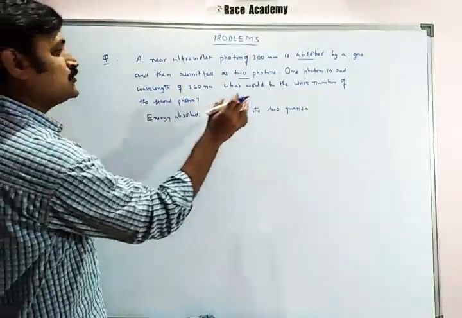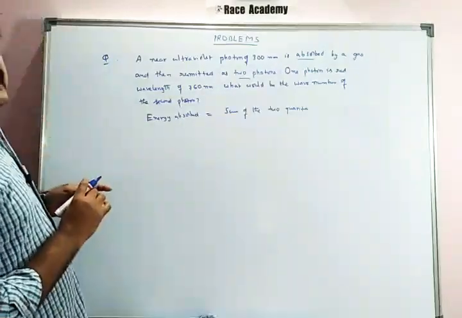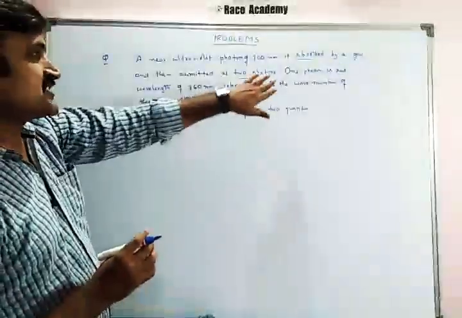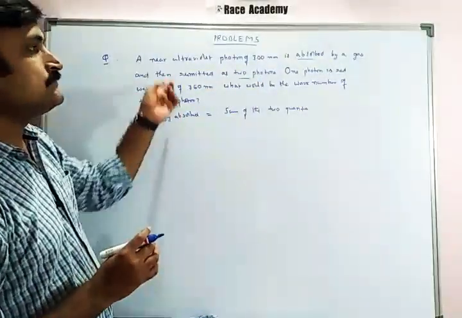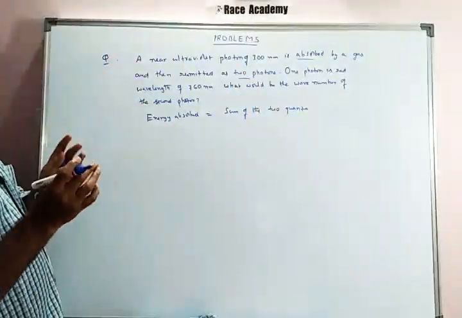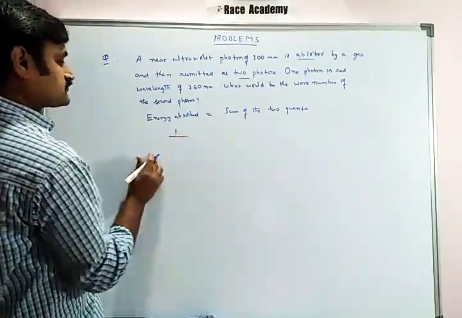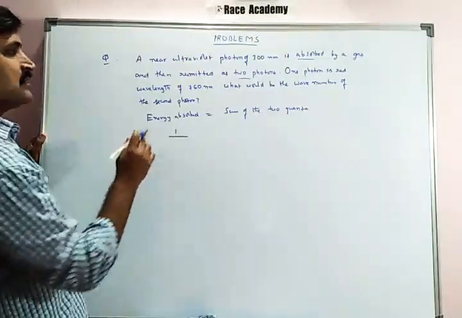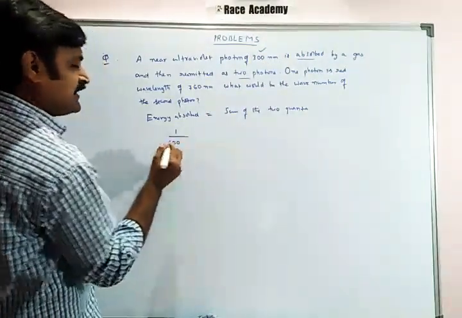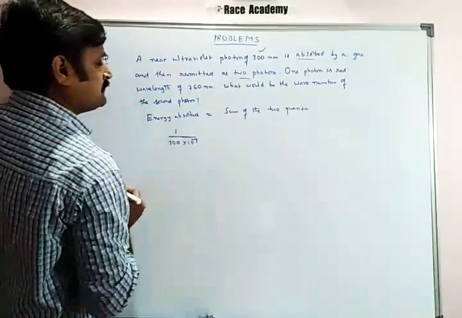Okay, so those energies we have to calculate, but here energy values are not given. They have asked what would be the wave number of the second photon. First photon is red wavelength, the second one we don't know. For that we have to calculate. Usually what is the energy formula? hc by lambda, that is common for everything. So in that hc by lambda, the lambda value absorbed is how much? 300. So we will take the 300 nanometers, converted into meters will be 10 to the power of minus 9 meters.